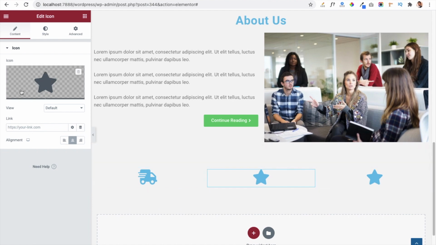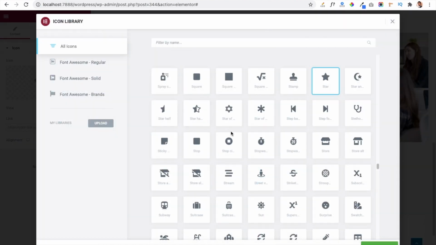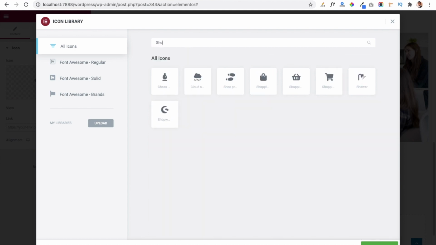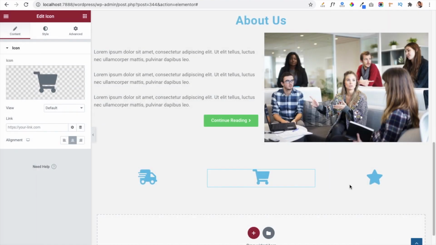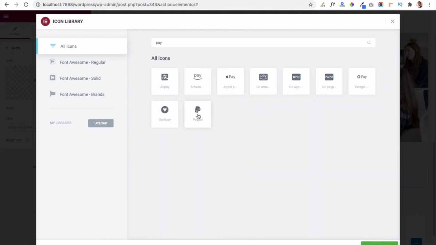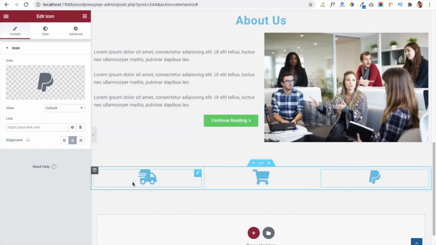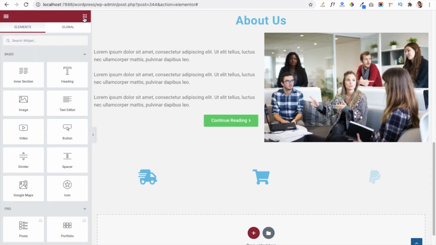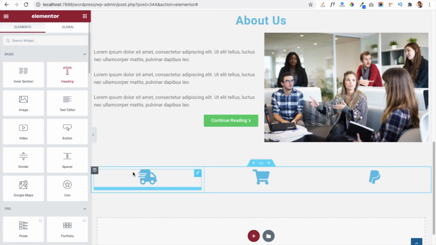So currently I am just changing the icon from the library. Suppose I'm giving the shopping icon, and after that I am selecting any other icon, which is the PayPal icon. After that I am going to give the details of this icon. So again I have to go to the module section, and first of all I will select a heading module